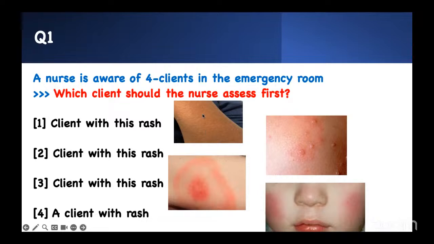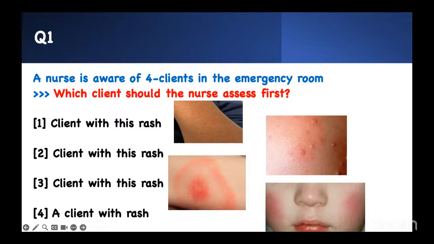Infection control, sandpaper rash, is scarlet fever. Then you go to the next level, scarlet fever. What do you think? What kind of disease process will do that? What is the problem you need to know about it? Think about it. Vesicular lesion, what do you think? In Lyme disease versus